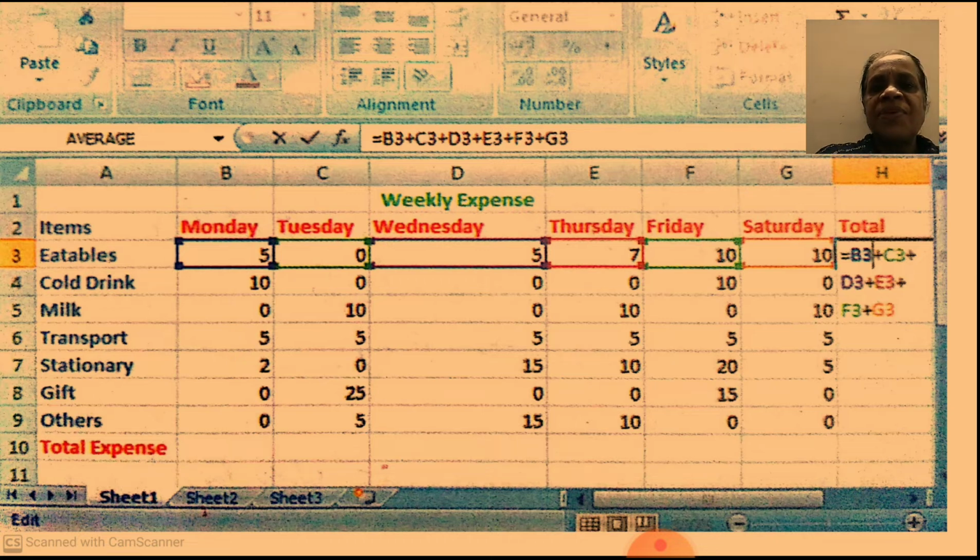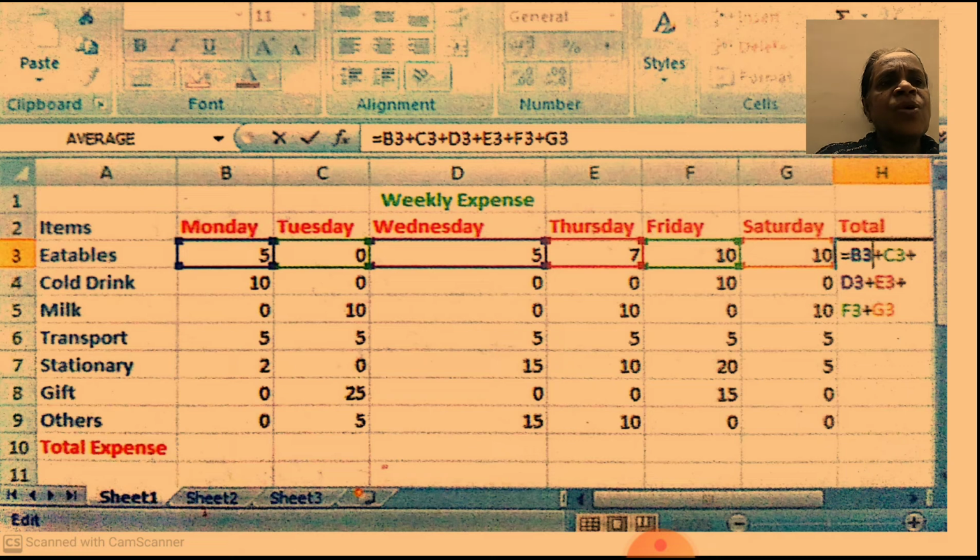So let us take the first item, eatables. On Monday 5 rupees, Tuesday no money has been spent, Wednesday 5, Thursday 7, Friday 10, Saturday 10. You can assume that these numbers are all in rupees.